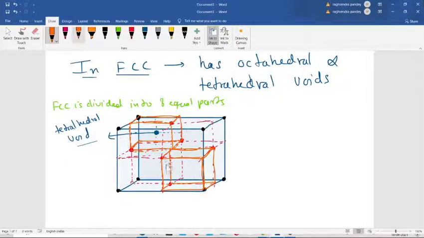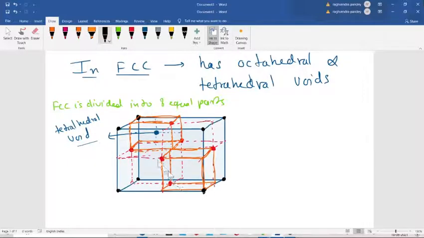Okay, this is another cube. Now here also the same situation will arise. This is face center, this is face center, this is face center, and this one is the black one that is on the corner.